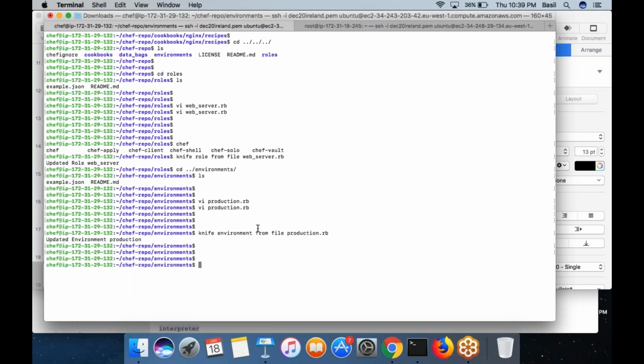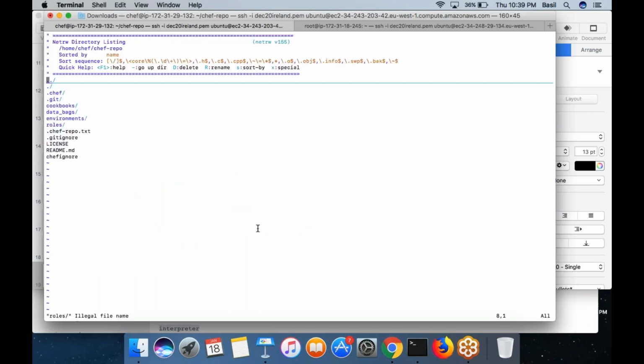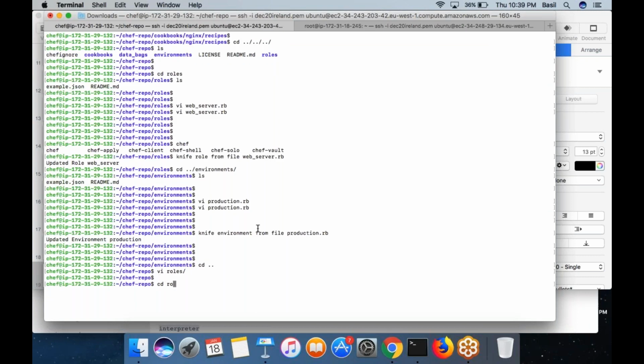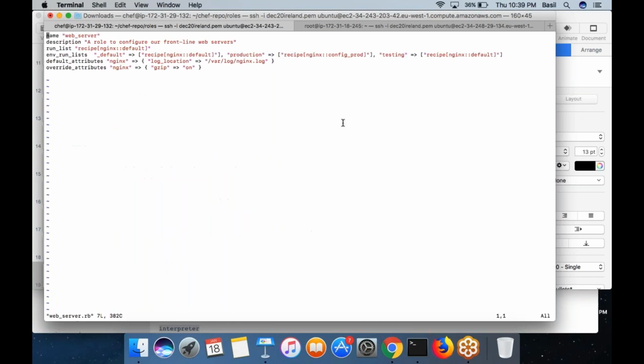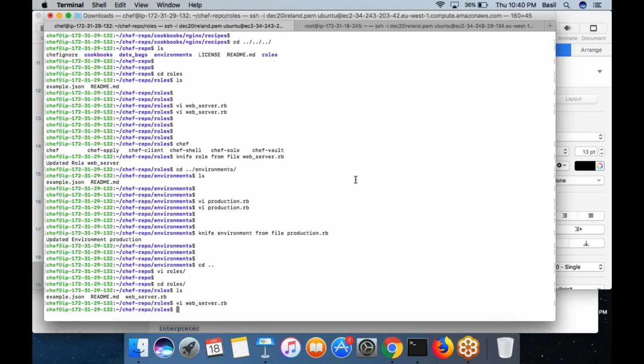Now you want to modify one thing I missed. Basically, if you noticed, we already have mentioned inside the roles a different run list, right? Config prod. So I need to create this recipe. Otherwise, I will get an error. So first, let me create this recipe. Go to the Nginx cookbook recipes folder.